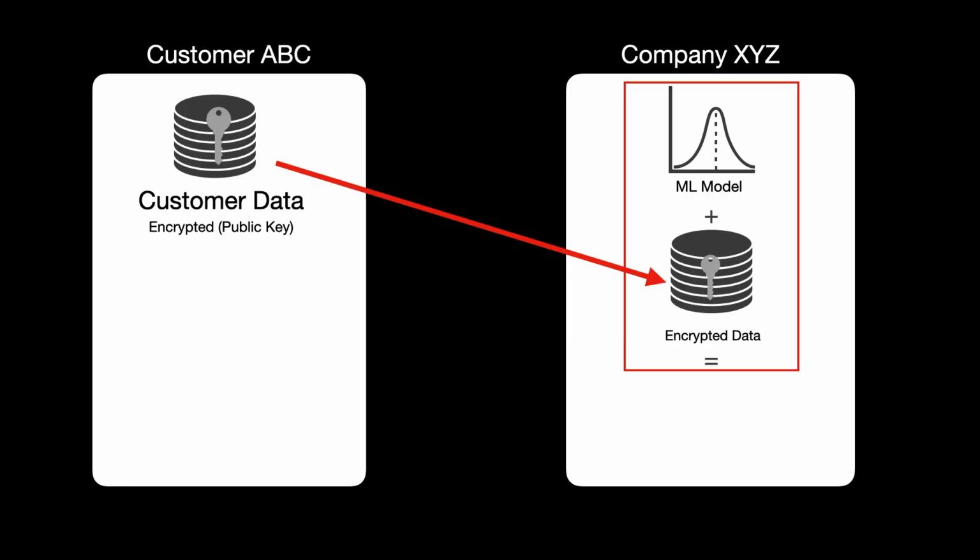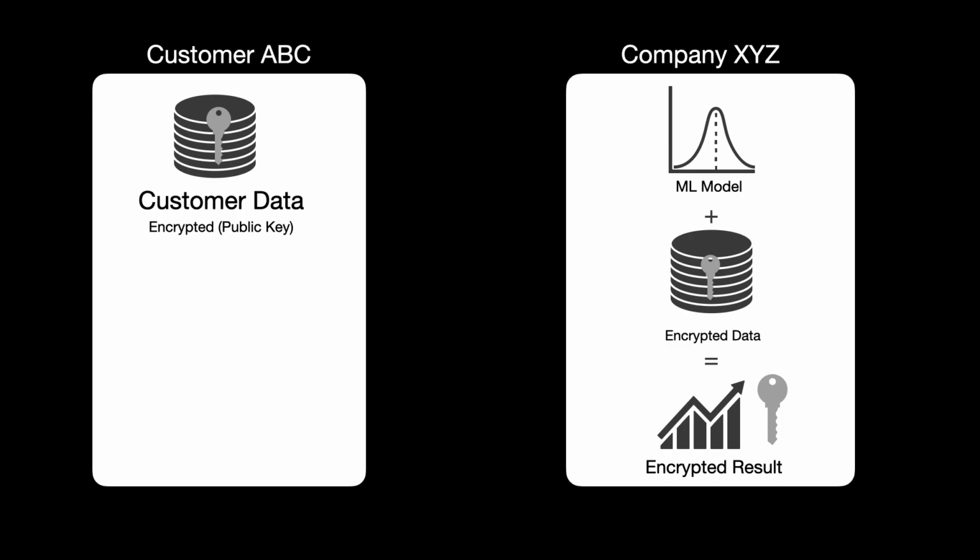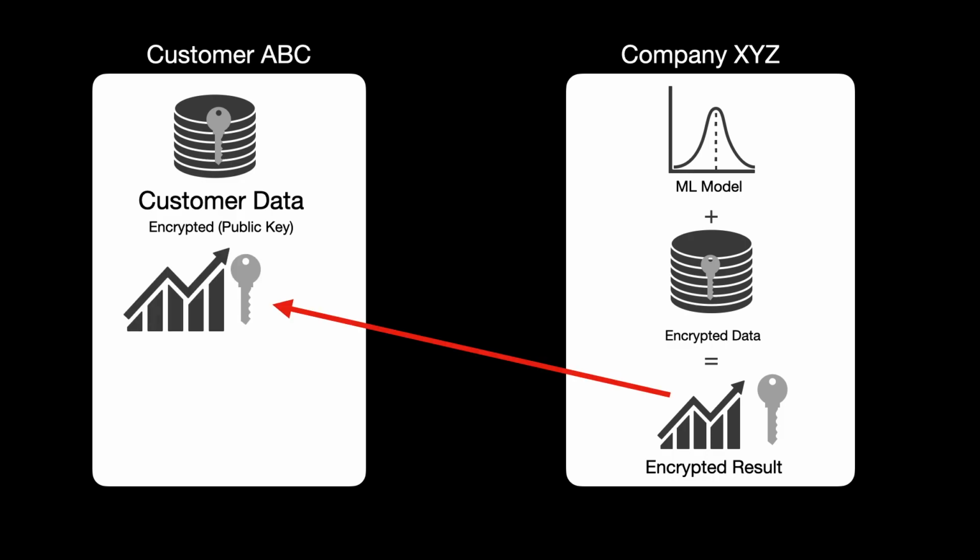All right, so going back to this example, what we've done is we've taken the ML model, we've taken the encrypted data, and we've created the encrypted result, which is what you just saw. We've packaged this up as a JSON. The next step is we're going to send this back to the customer in the form of answer.json.